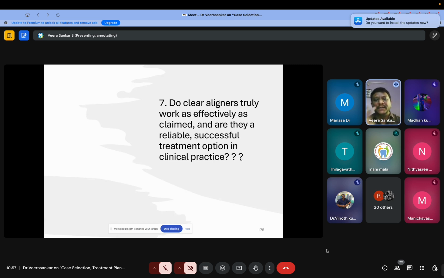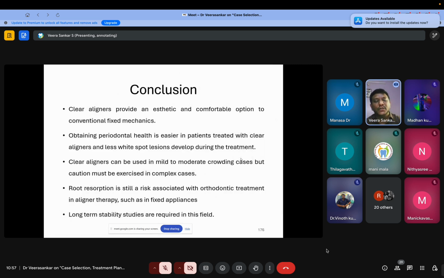In that aspect, clear aligners are very fast compared to the fixed appliance. So moving on to the conclusion, clear aligners provide an aesthetic and comfortable option to conventional fixed mechanics. Obtaining periodontal health is easier in a patient treated with clear aligners, and fewer white spot lesions develop during the treatment. Clear aligners can be used in mild to moderate cases, but caution must be exercised in